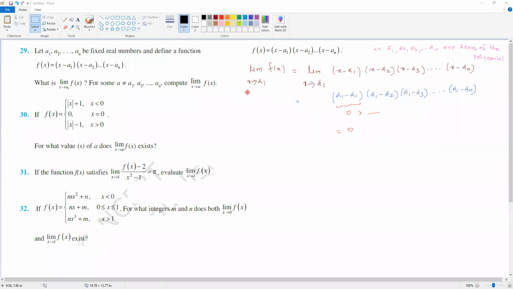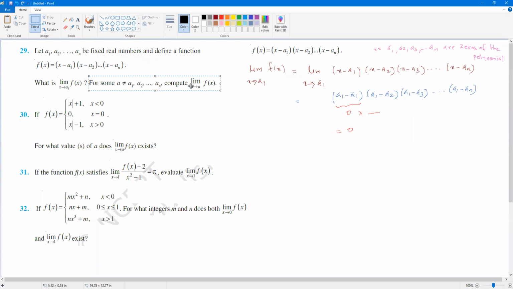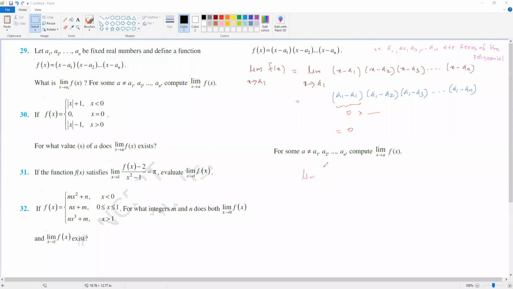So anyway, whatever it is, so a1, a2, etc. an. So when x approaches a1 है तो भी 0 में जाएगा, a2 है तो भी 0 में जाएगा, a3 है तो भी 0 में जाएगा, an है तो भी 0 में जाएगा. अभी उनका सेकेंड पार्ट था, what they're asking is for some a, कोई भी एक नंबर a1, a2, an छोड़ के कोई भी एक another number. So what is the limit of that function as x approaches a? a का वैल्यू a1, a2, a3, etc. an नहीं है.